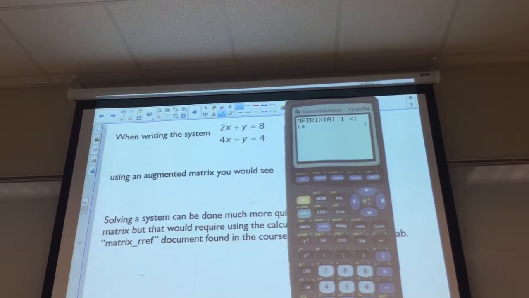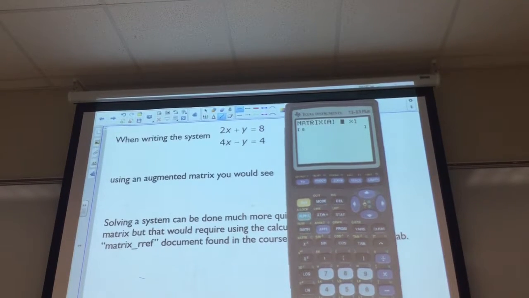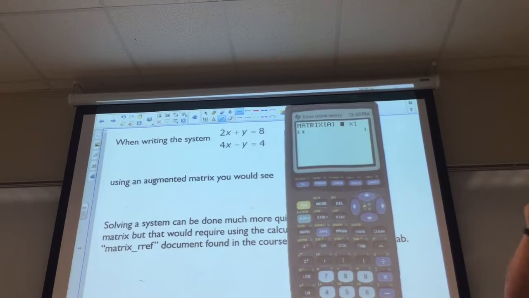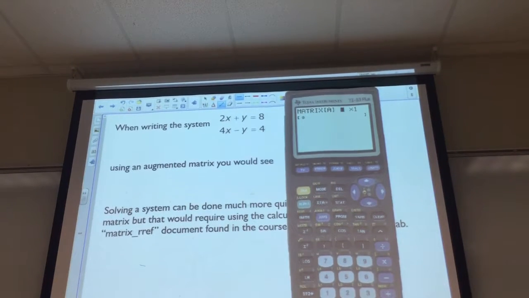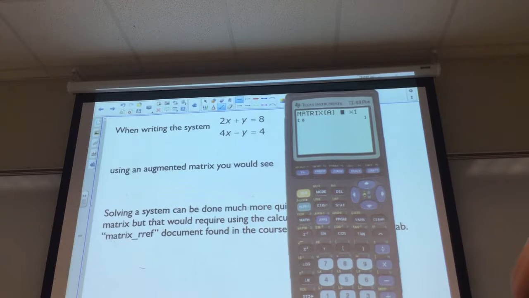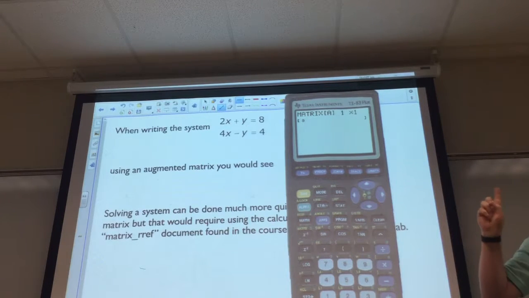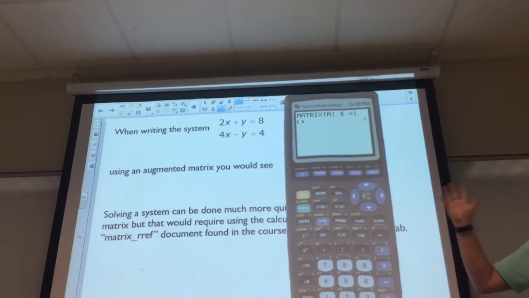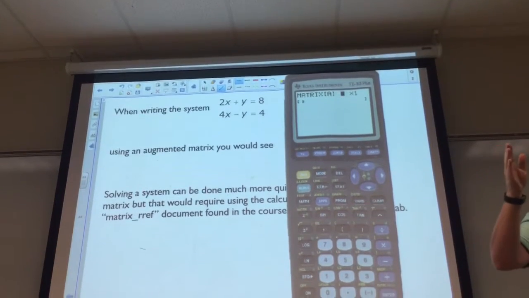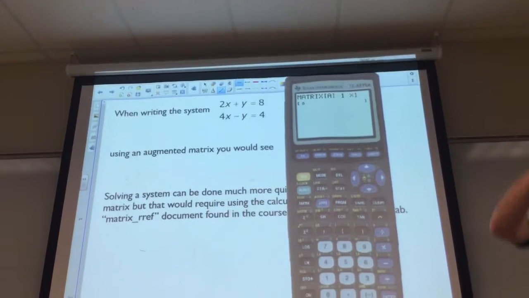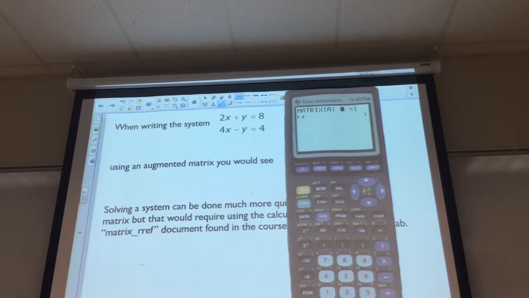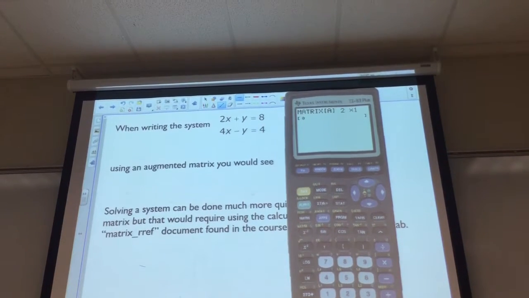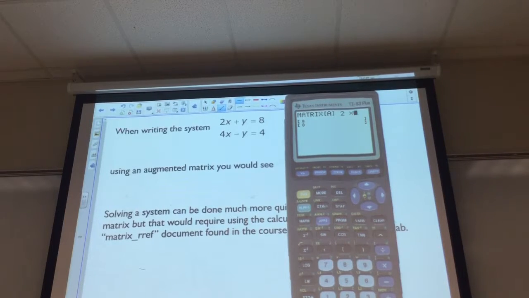Now the vocabulary starts kicking in. The first thing it's going to ask you is, I need to know what the size of that matrix is. You need to tell me how many rows there are and how many columns there are. Make sure you put it in right, because you'll know if you didn't put it right, your template's going to look wrong. Rows and columns. So we have how many rows? 2. So we type 2 and enter,